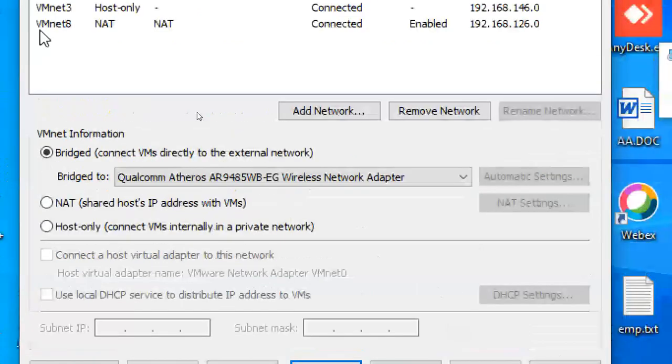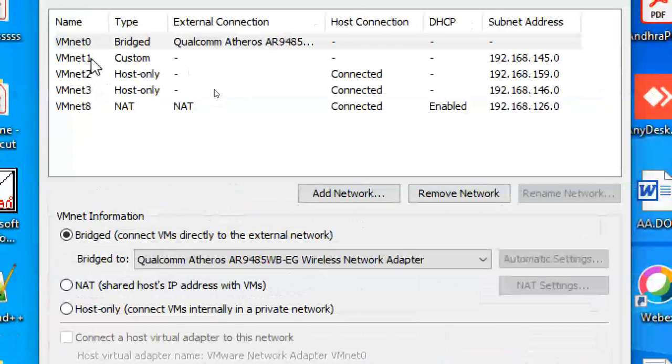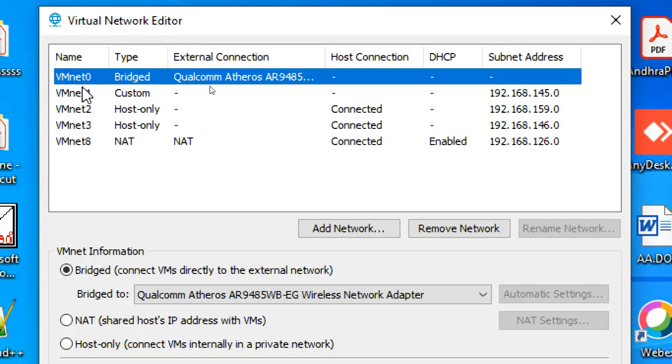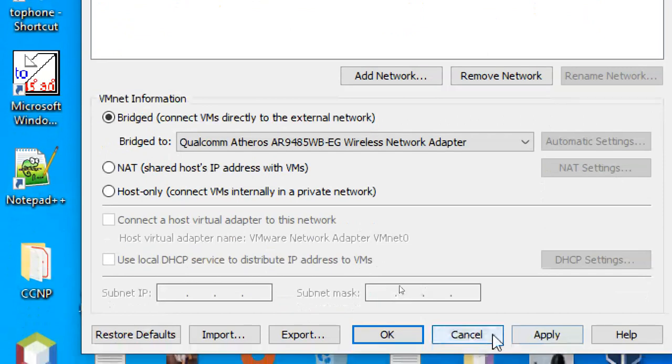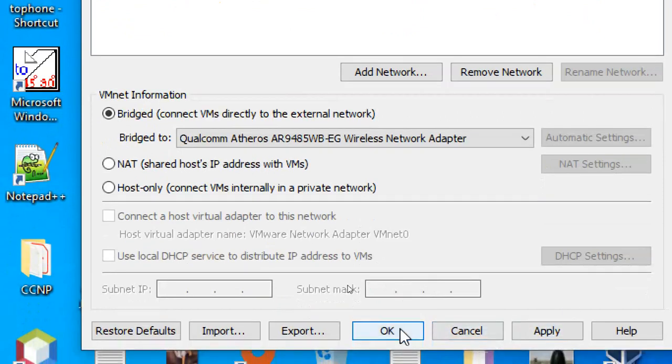Okay, that's it. Of course, the VMnet1 settings are already done, but what is important here is VMnet0 bridged to Qualcomm Ethos. That is my Wi-Fi adapter, so I selected that one.